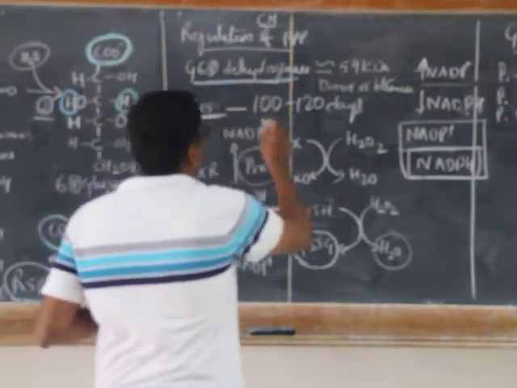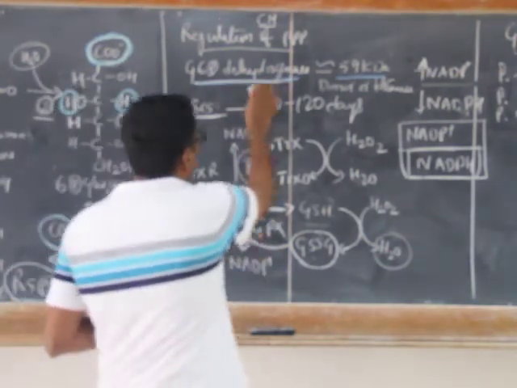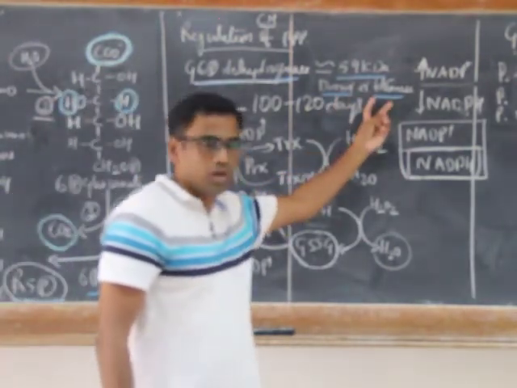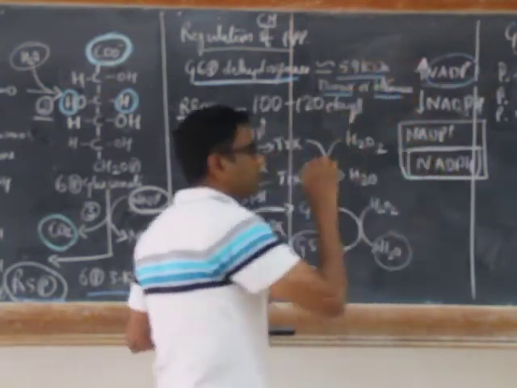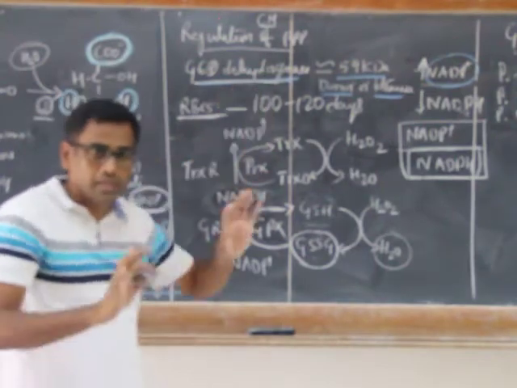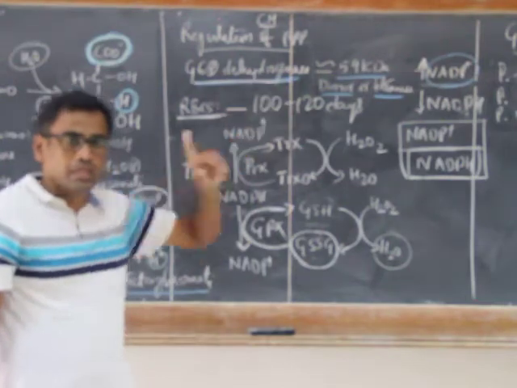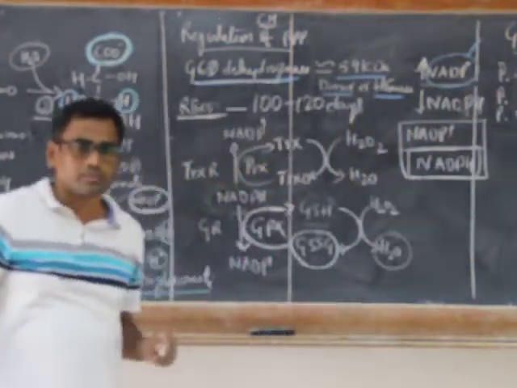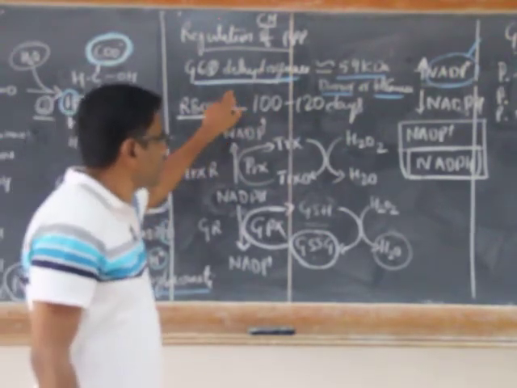Right? So this enzyme, approximately of 59 kilodalton, the active form of this enzyme, either dimer or tetramer. This active form of enzyme always bound to NADP plus. If there is no NADP bound, that means enzyme is inactive. That means glucose 6-phosphate dehydrogenase is regulated by NADP plus. So NADP plus is one of the substrates of glucose 6-phosphate dehydrogenase.